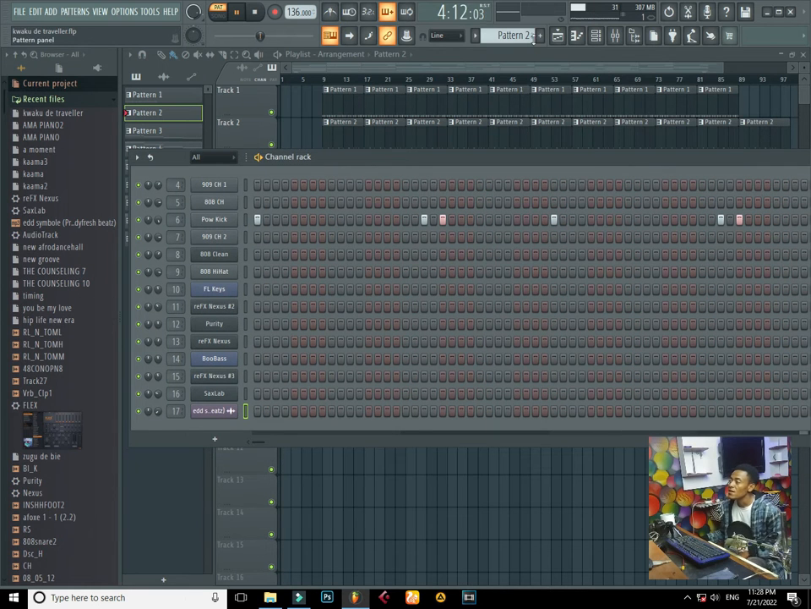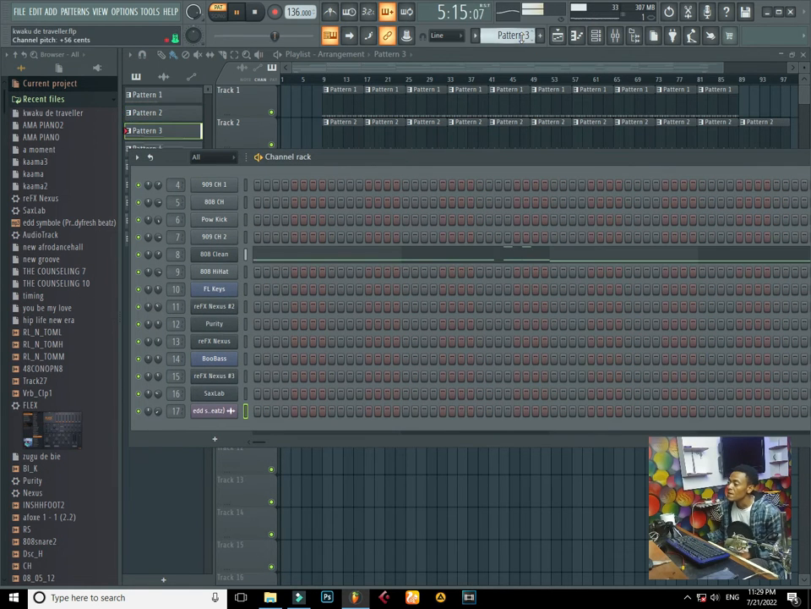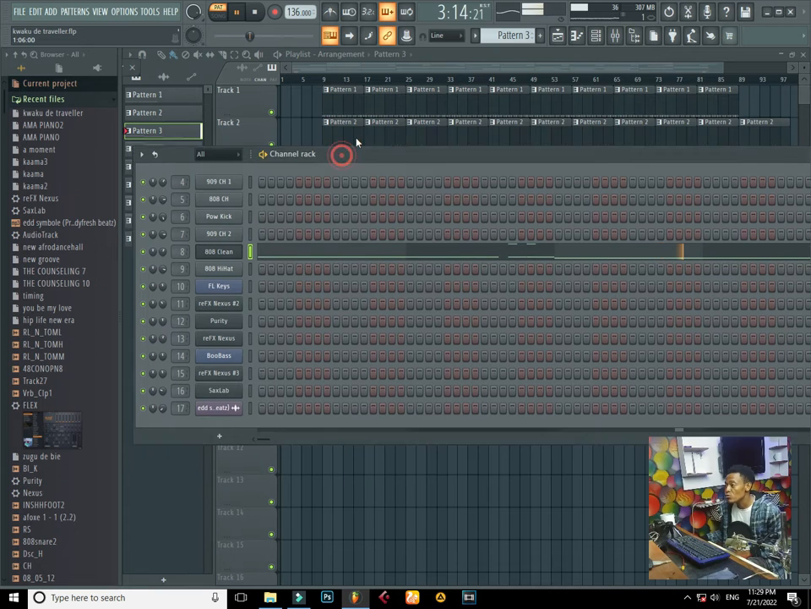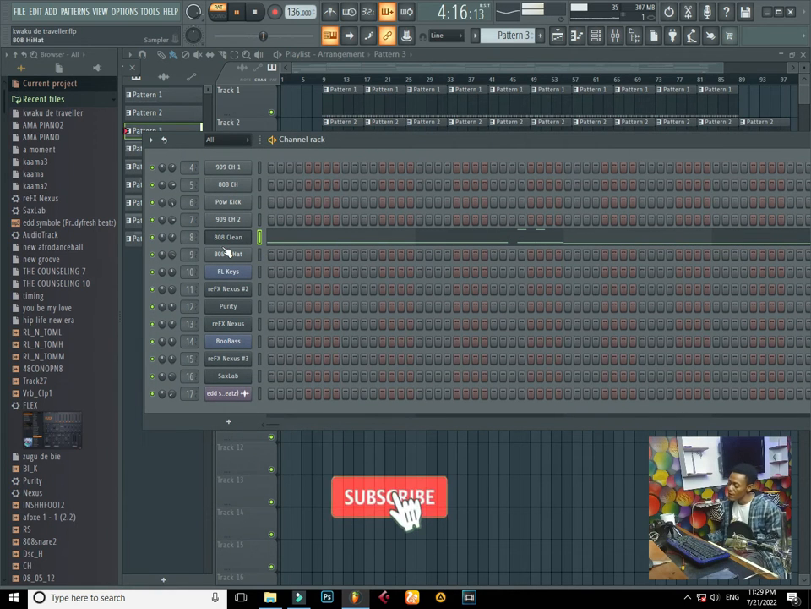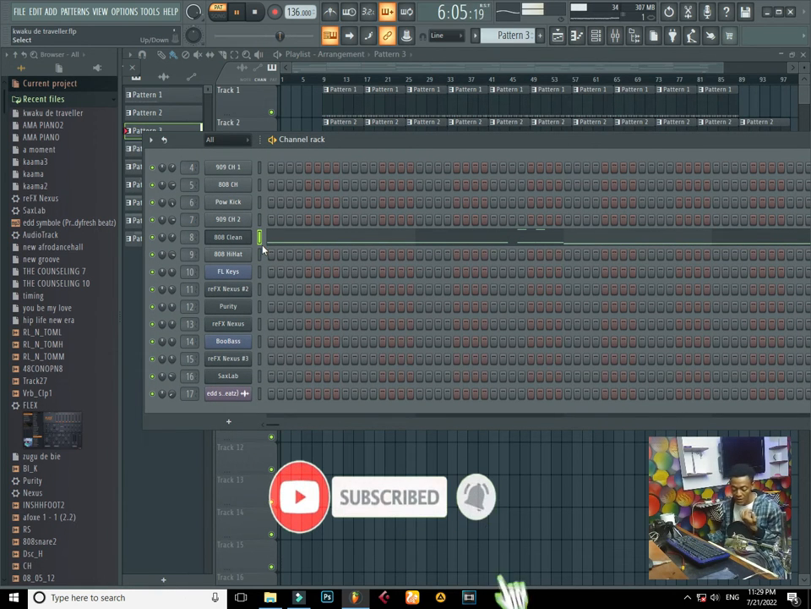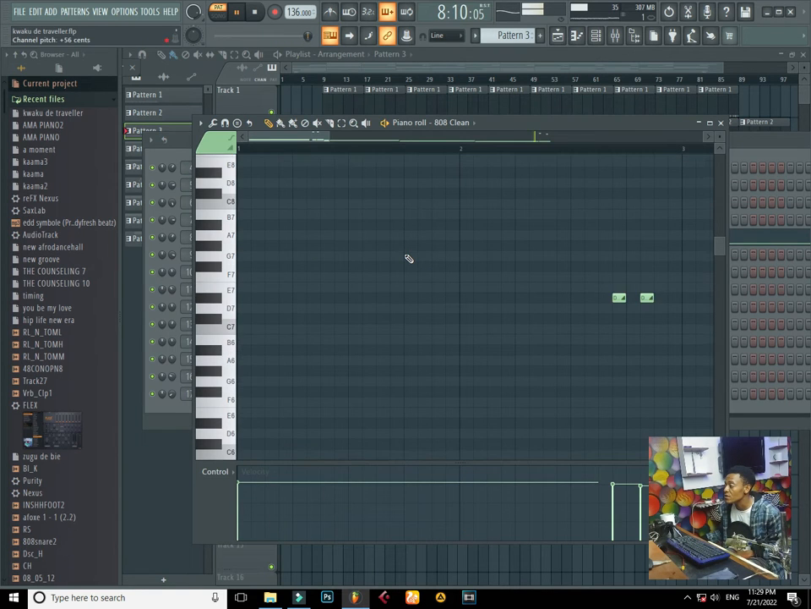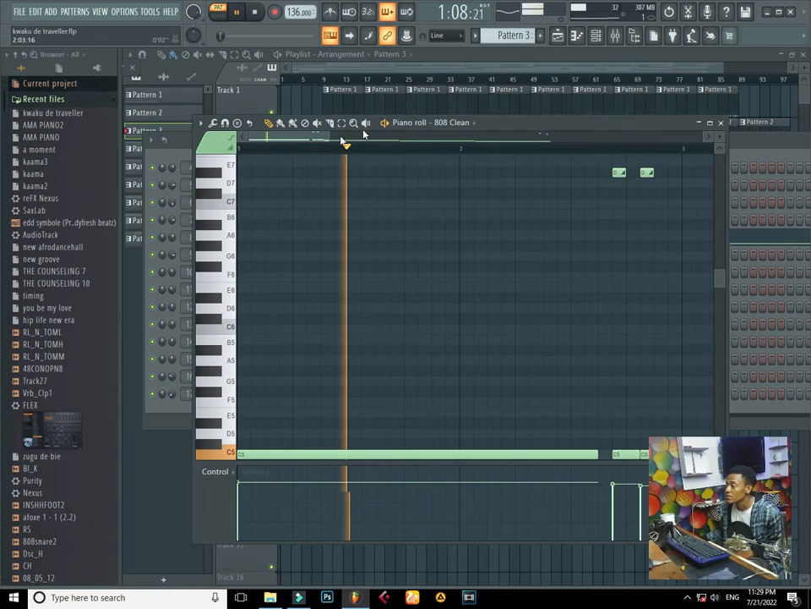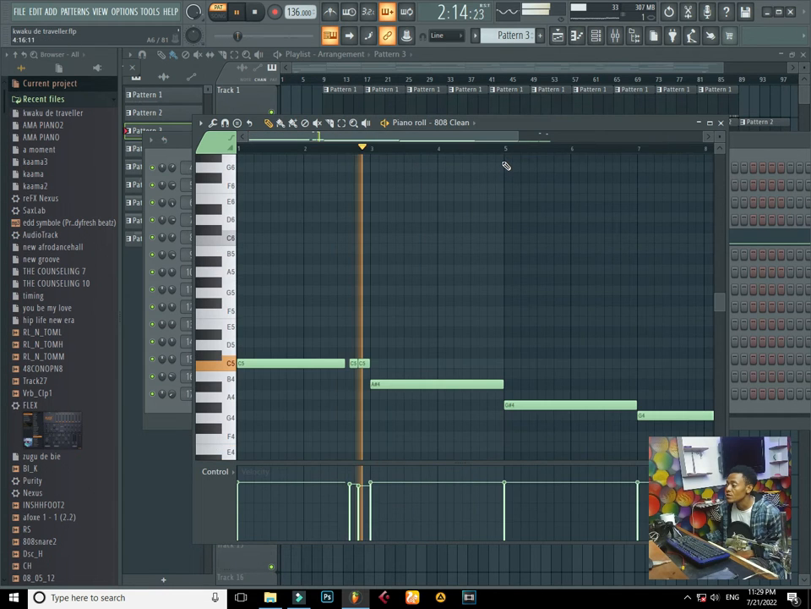Then after that, the next thing was to have a clean 808, which I had from Flex, and I used that to play my 808 sound, and this was how I arranged the 808 pattern. So as you can see,